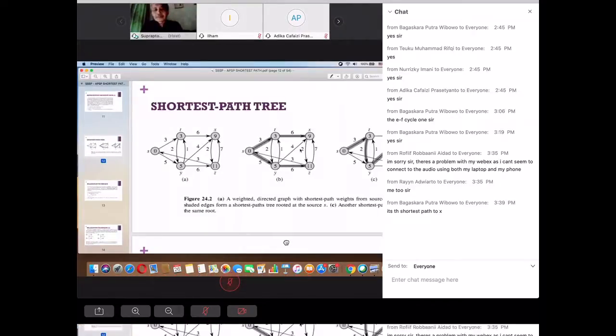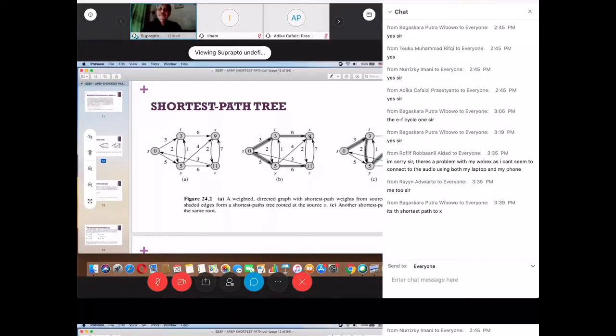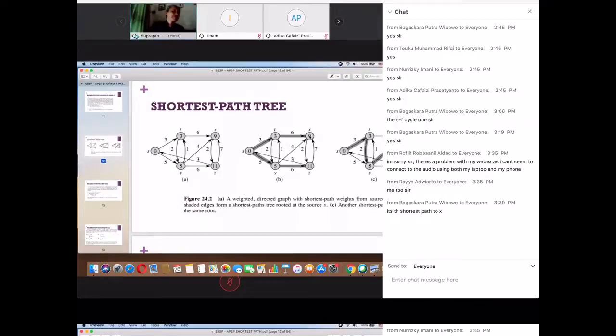Sorry, but the meaning of the value inside the circle. Safe. Back to safe. What is